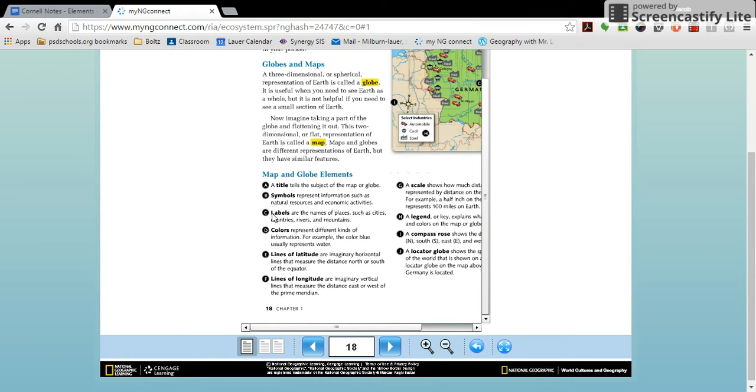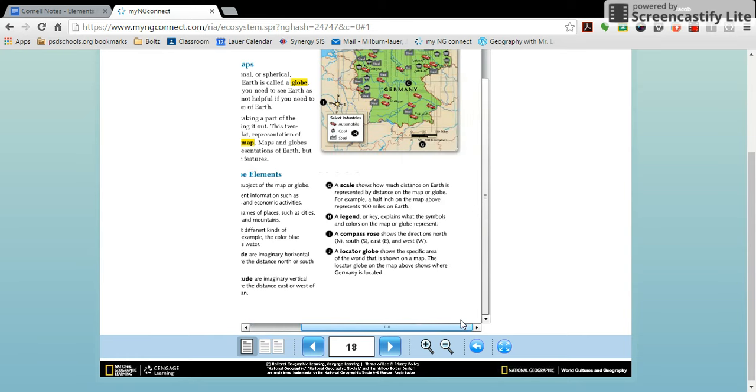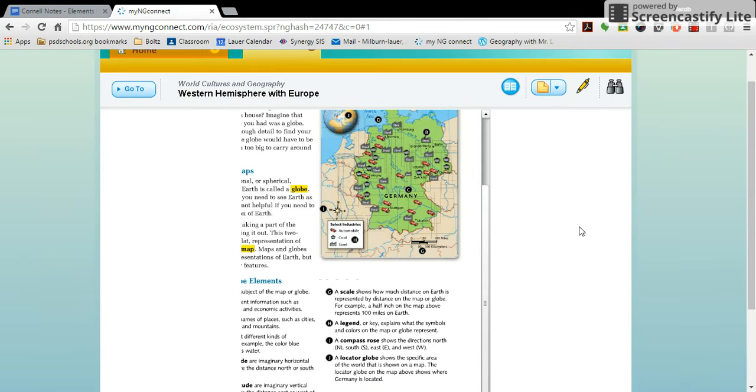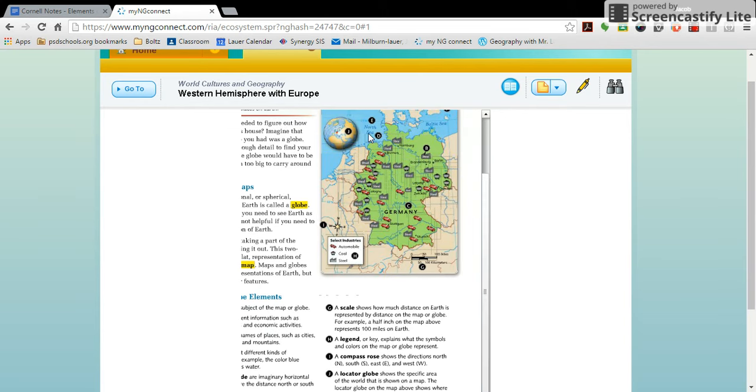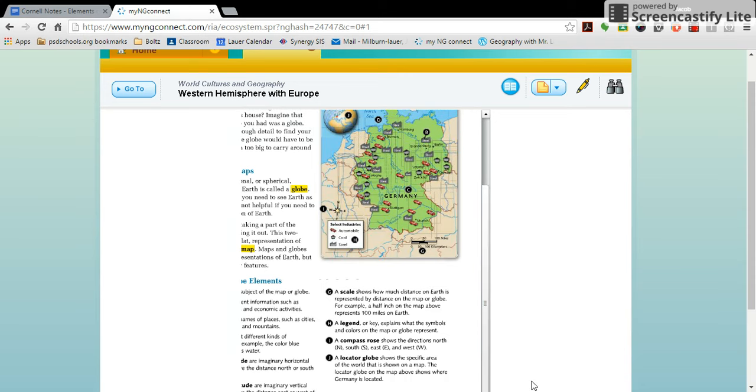We look at C, which is labels. Labels are the names of places such as cities, countries, rivers, and mountains. Let's go look at some examples of labels on our map here. Well, there's a big label that tells us this is Germany. Some smaller labels like the name of the city, which is Stuttgart. And here's Munich. What other labels? We see the label up here of the North Sea and the Baltic Sea. So there are actually a lot of different